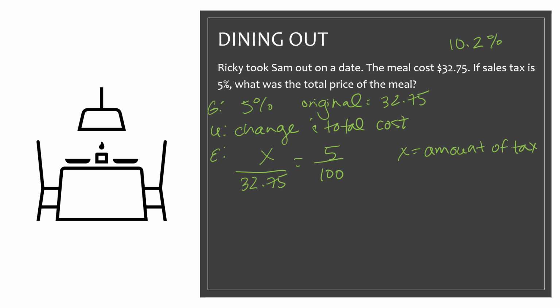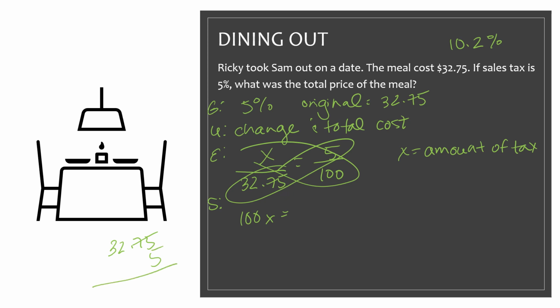Okay, so let's do this. I'm going to crisscross. And I'm going to start with 100x because that's easy. And then I'm going to look at this and go, oh no, that's going to be a hard one. I better do this over here. 32.75 times 5. Oh, that's not as bad as I think it is. That's 5, 2, 35, 37. So 7, 3. That's 10, 13. 3. So then 15, 16. Okay, and I went 2 over, so I've got to go 2 over. Boom. So that equals